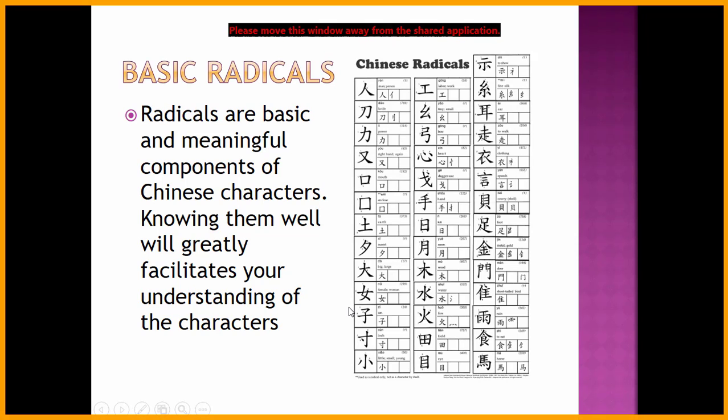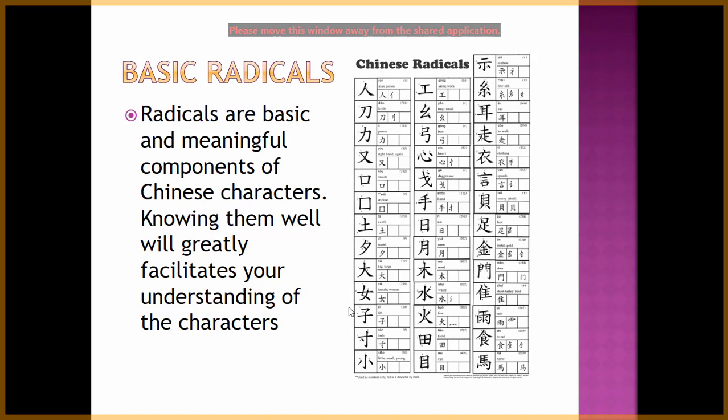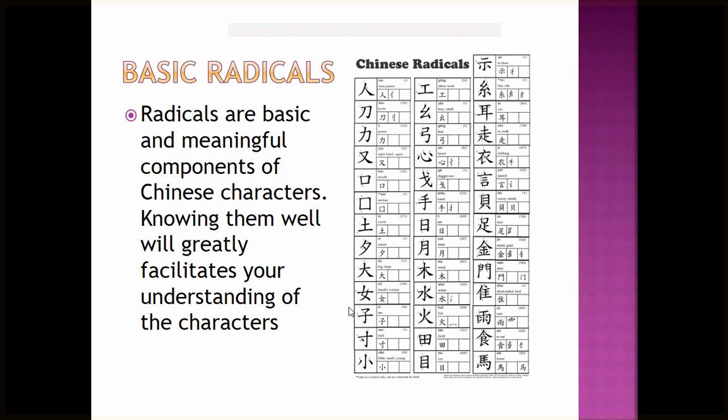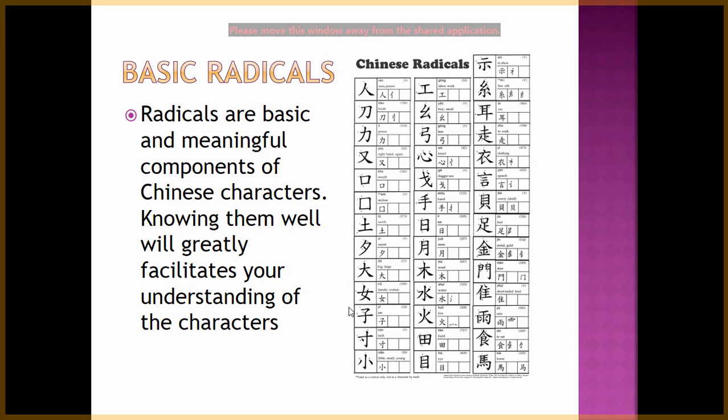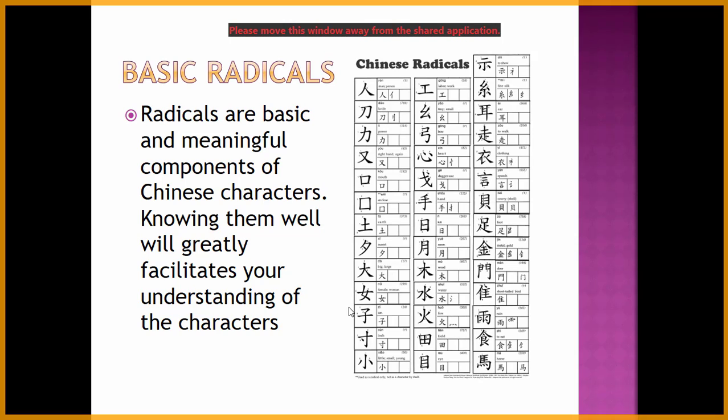And there are many radicals which, by combining with the other radicals, are more simplified or reshaped to make a complete word, right? These radicals we will learn one by one. We will learn their meaning, how they are written. Today we are just going through what is Chinese and what is the background of Chinese. So you should be clear about these things, right?